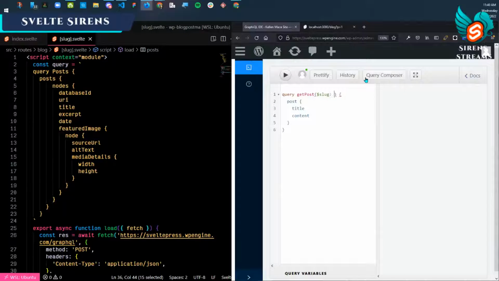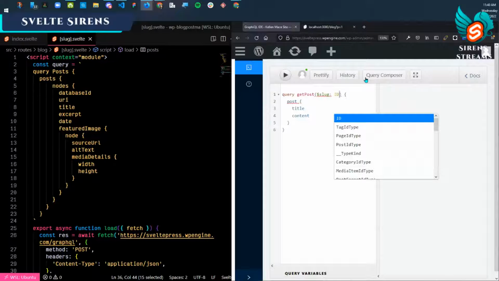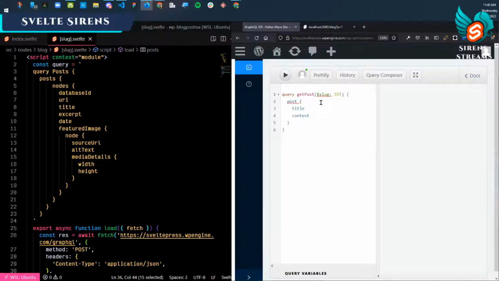Colon, and then ID, all caps, exclamation point. That means it's required, right? Exactly. And then another set of parentheses here, and do ID. And then we'll pass in that $slug. And we have one more step, and that is we have to tell GraphQL what type of ID. Because in WordPress land, there are a few different ways of identifying a post. You could do it by its slug, or by its database ID, or by its URI. So in this case, we're going to do